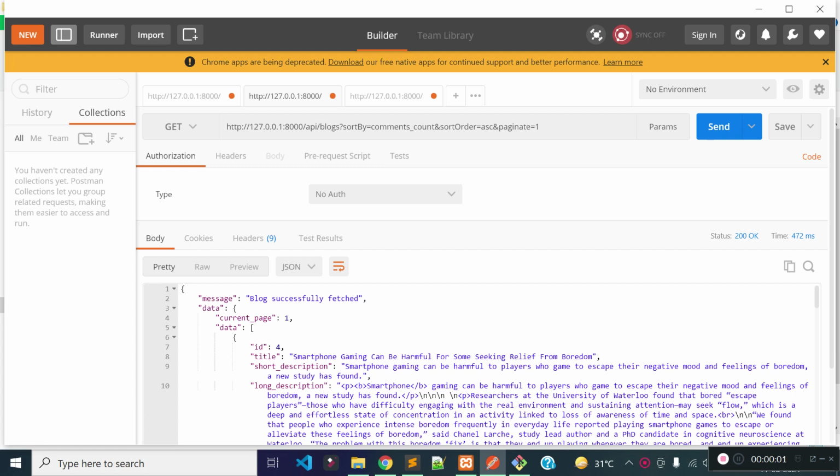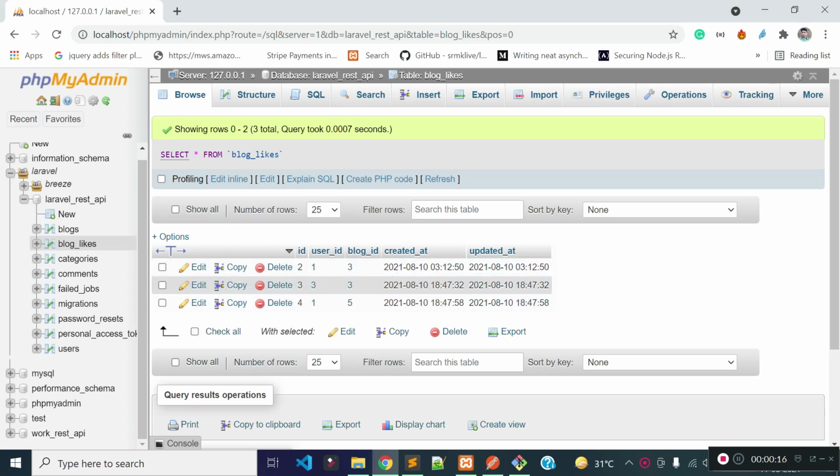In this lecture, I am going to modify our GetBlocks API endpoint to load total likes count for each block, and I am going to add likes count to a sort functionalities to our GetBlocks API endpoint. Each of our blocks can have multiple likes. I already stored block likes data to our block_likes table, and we have block_id columns in our block_likes table.